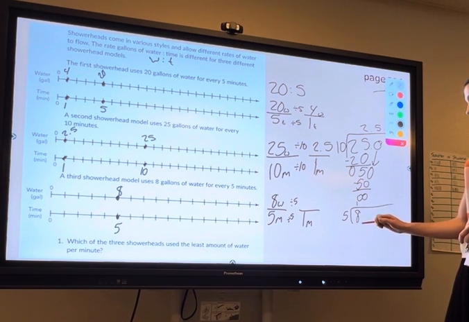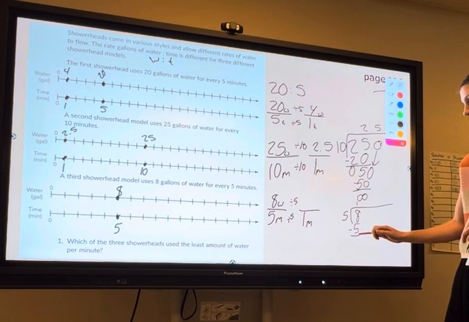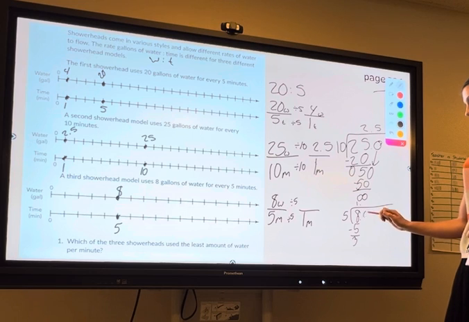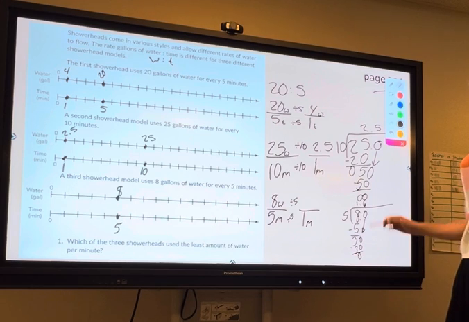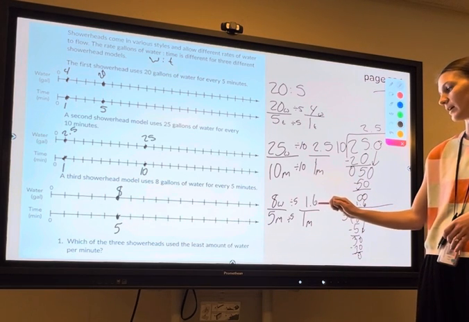5 goes into 8 one time. 8 minus 5 is 3. I'm going to add a decimal since I still have a remainder and drop down my 0. 5 goes into 30 6 times because 5 times 6 is 30 and 30 minus 30 is 0. So you should have gotten 1.6